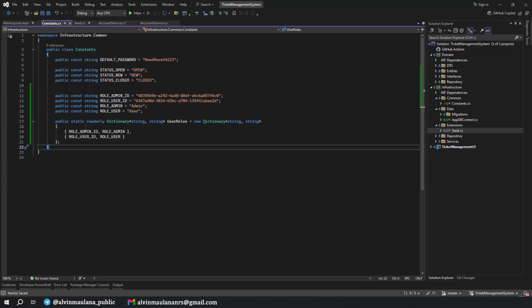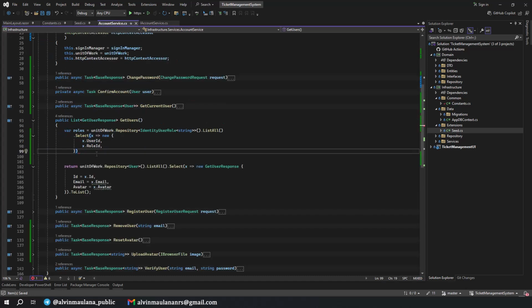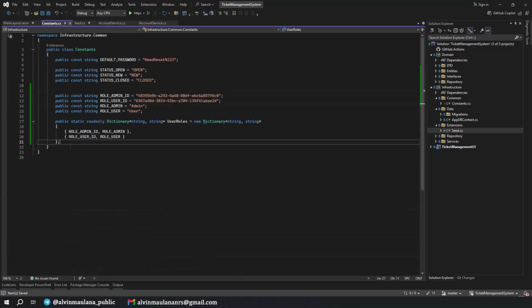Okay. What do we actually use this dictionary for? So later on in the account service, we will get the role ID in here, right? And if we want to get the role name, instead of searching again in our database or user table, I use the constant here instead. So by this, when we get the role admin ID as a key, we will get the role admin value. That is this one, role admin as an admin.